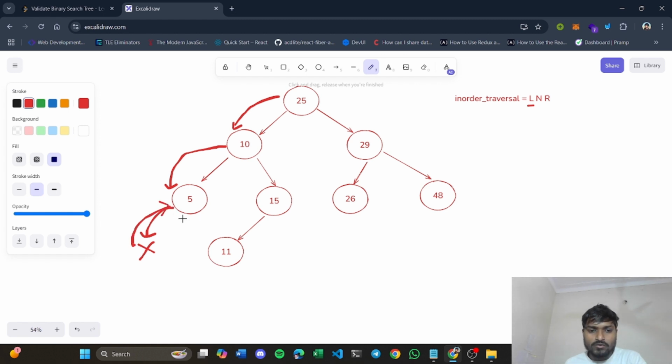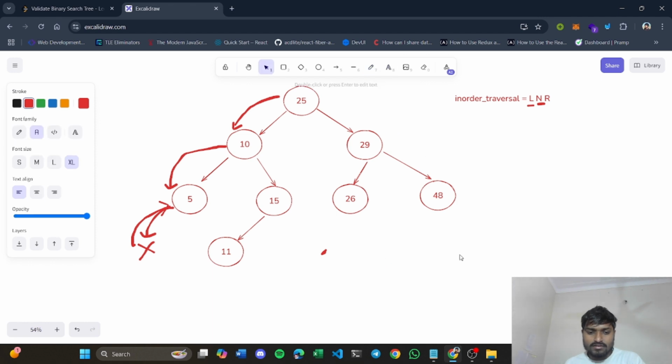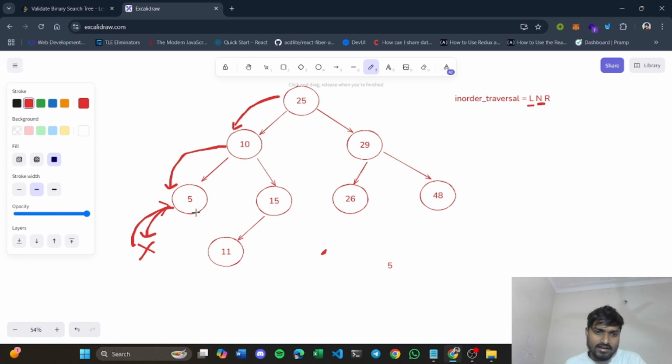When we return back to node 5, we see that we had already traversed L for it. Now there is N. N basically means you have to print it out. So now for this node we are at N, so we will print 5 here, right? Now you completed N for 5, then you will go to R for 5. You will go to the right here, again you found that nothing is there, basically null. So you will return here. The LNR traversal for this node is completed.